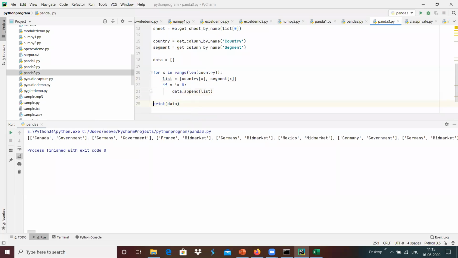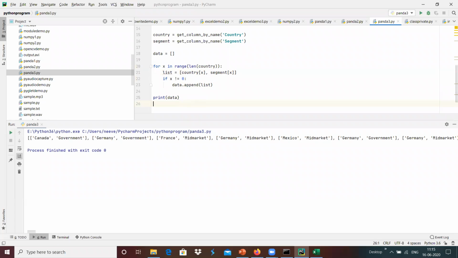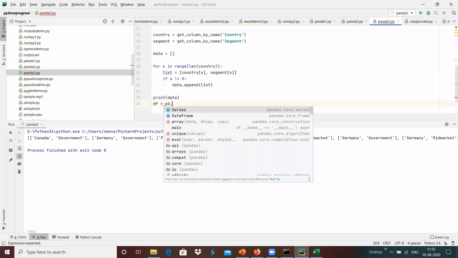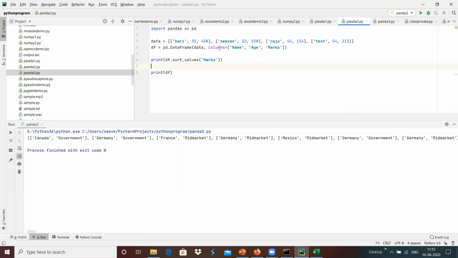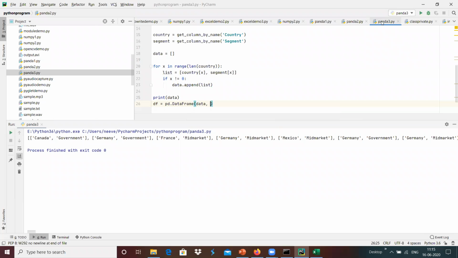Once the data is ready, now we can create a data frame. df equals pd.DataFrame over here, which contains the data, comma, the columns over here.